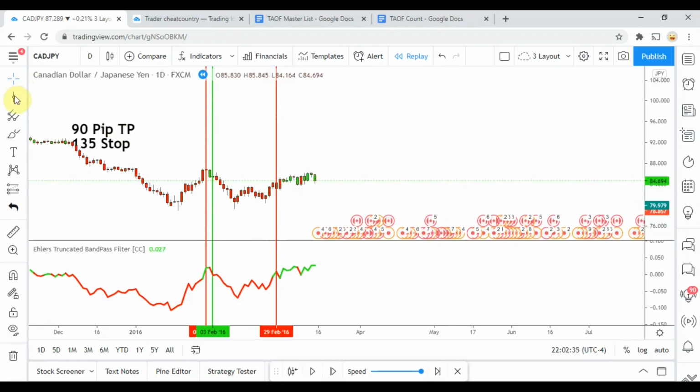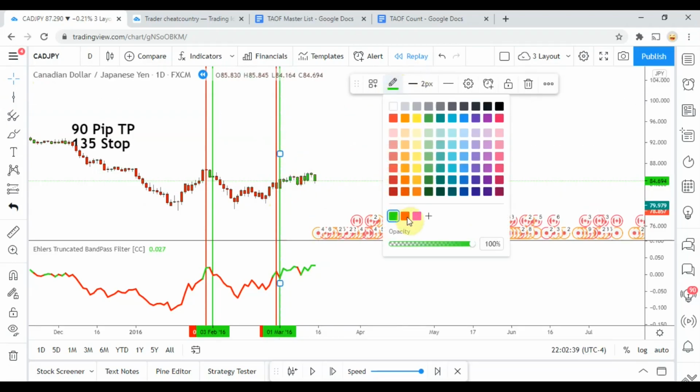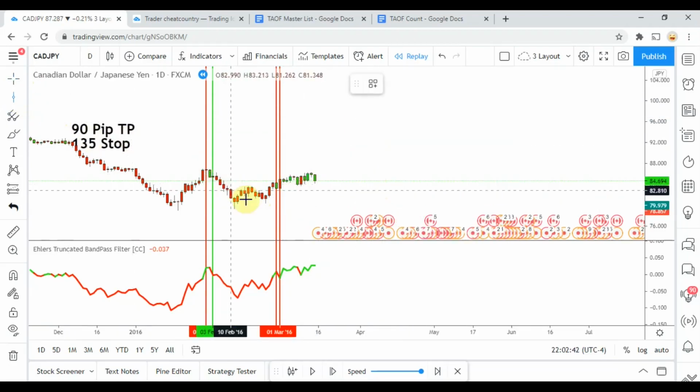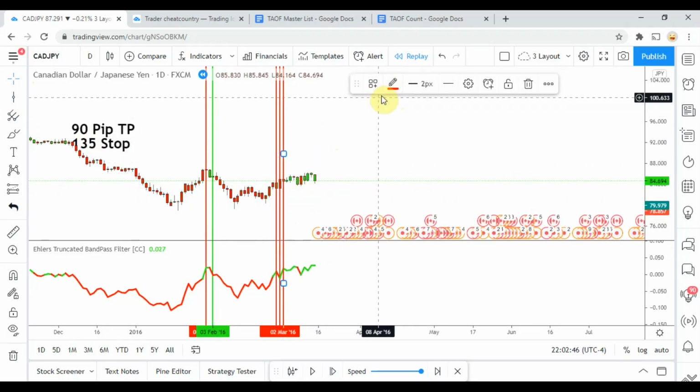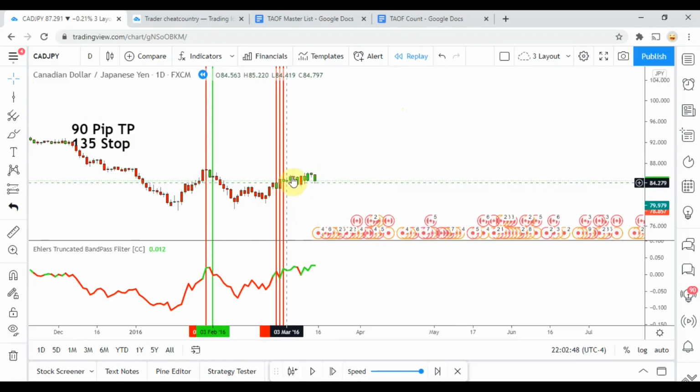Then we pick up a long over here. That one gets us stopped out pretty quick, and a short almost immediately. Once again, kind of flip-flopped almost immediately on us, stopping us out. Then we pick up a